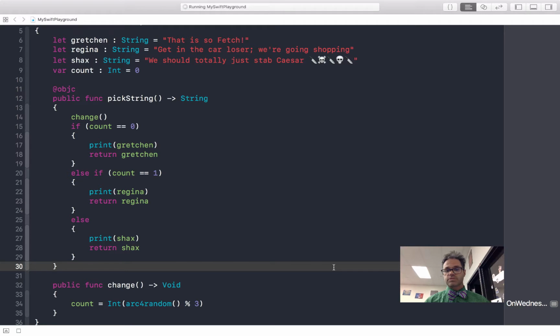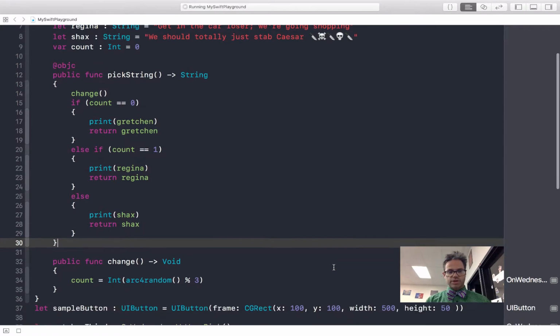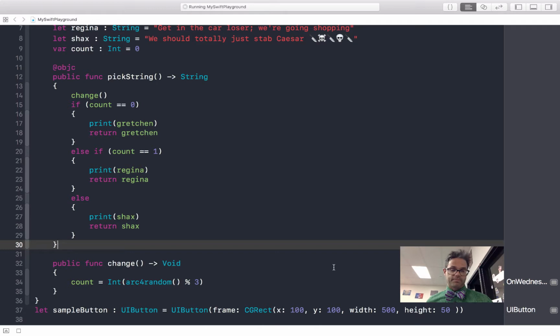However, now we're going to take a look at some of the GUI components we can actually use. We're going to look at how we can instantiate and use a GUI inside Playgrounds and then use it in the actual environment. So we'll scroll down just a smidge right here, and we're going to make a sample button. Again, since it's a simple button that we're going to create, we're just using the let keyword, and sample is of type UIButton, and we call the UIButton initializer, passing it a frame, which is of